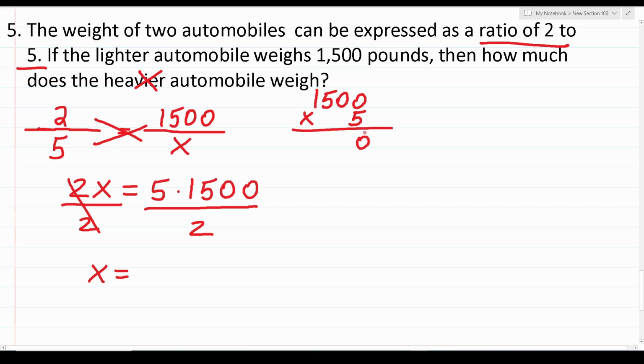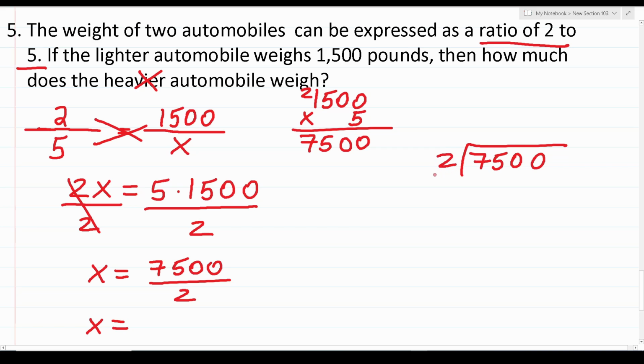0 times 5 is 0. 0 times 5 is 0. 5 times 5 is 25, so drop down a 5 and carry a 2. 5 times 1 is 5, 6, 7. So this becomes 7,500 over 2. And again, if you're good at mental math, you wouldn't have to work this off to the side. You would know the answer. But that said, if you're not good at mental math, you could read this as 7,500